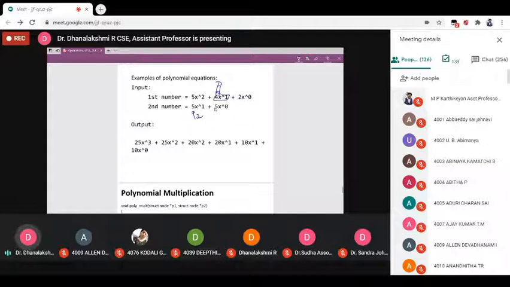So 20, add the coefficient 20 x power square, then increment P2 alone. Now P2 is here, perform multiplication 20 x power 1. So these two are the answer for the second term. These two are the answer for the first term.